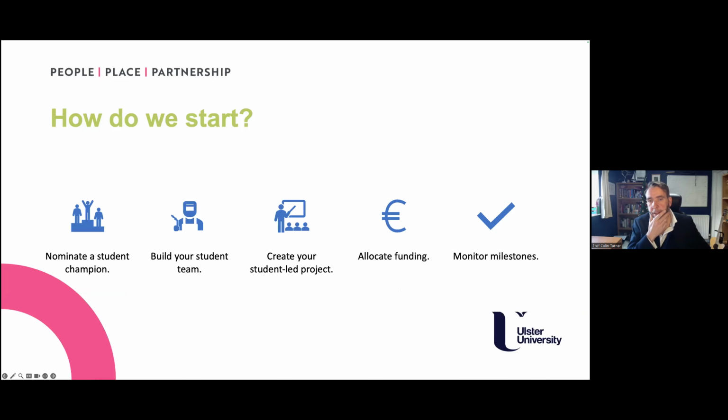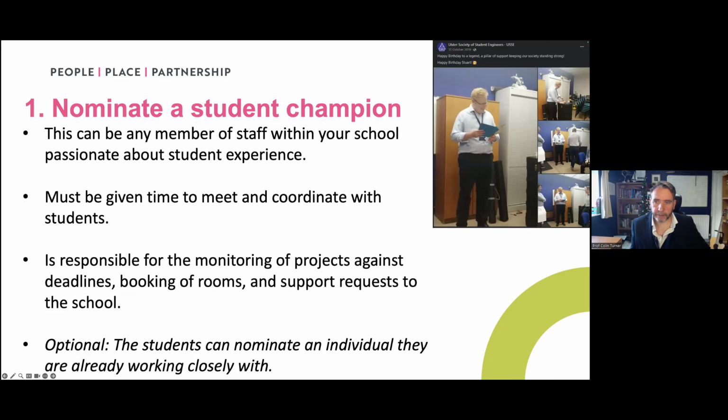These are some slides that MJ had. I'm not going to go through them in detail, but if you're interested in how you would start this, it was essentially MJ's roadmap. You needed to find somebody that would be a champion for the students, that would be able to give that time and coordination and help with a lot of the admin roles. And for a lot of people, that was a labor of love. And this is Stuart Christie, and it was a labor of love for Stuart.